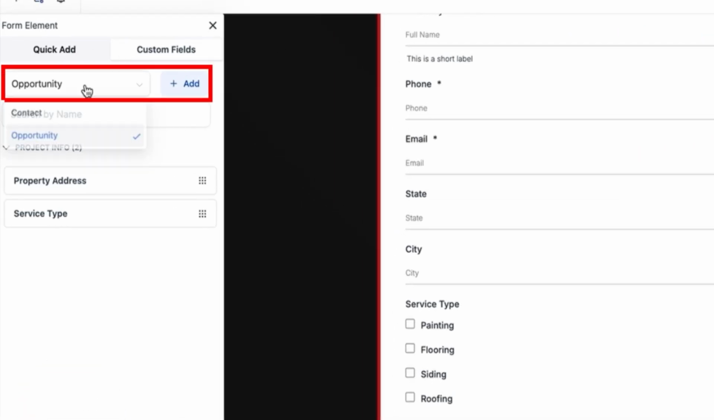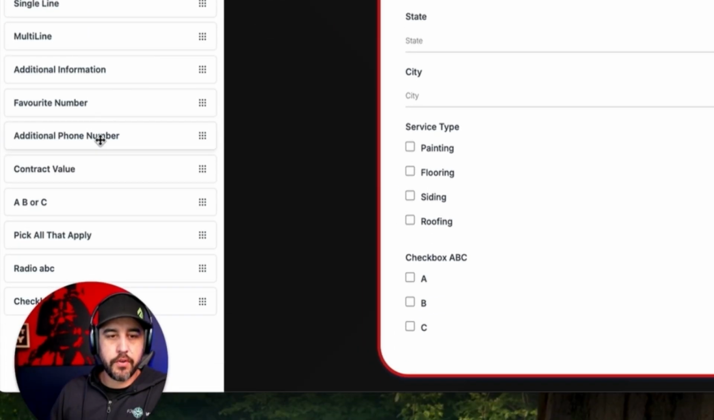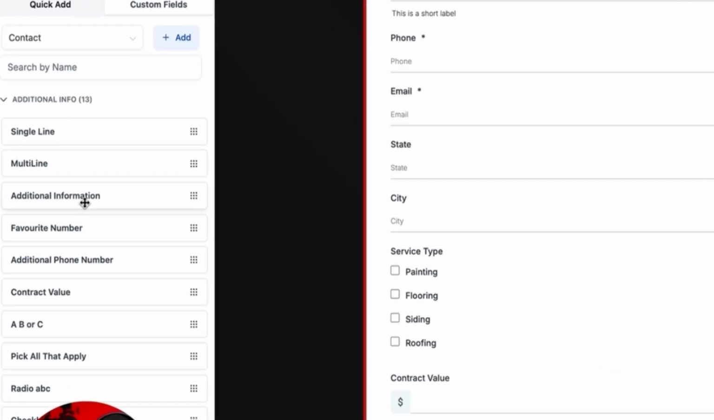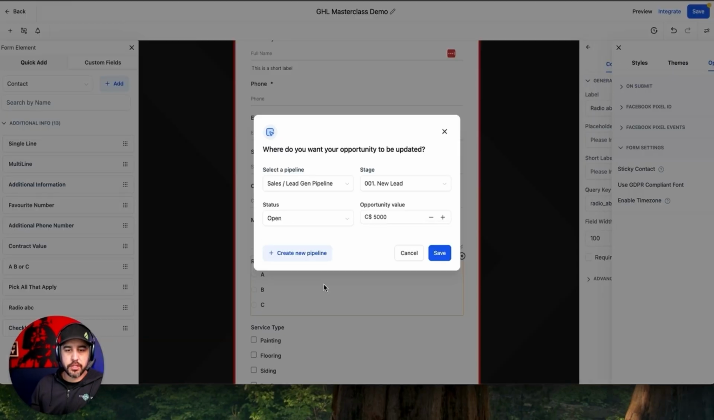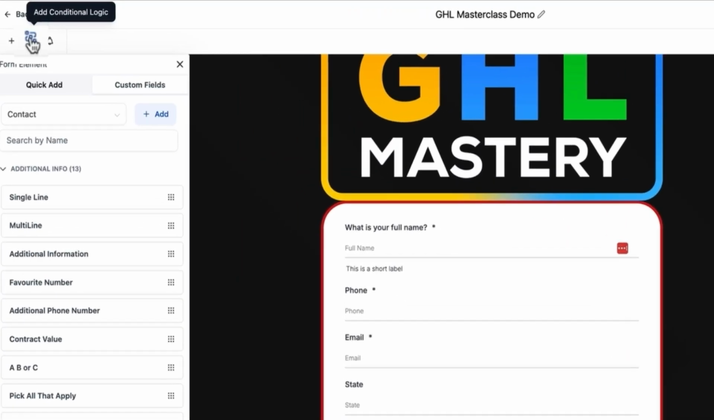So what I'm going to do here is actually add a couple more fields into this so that I can show you a couple of different things. So let's add contract value just as an example. Let's add our multi-line text box, which is not that big of a deal, and let's add our radio box here for ABC. So what I'm now going to do is go and do the conditional logic